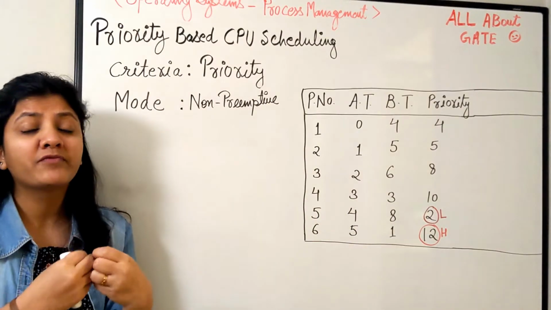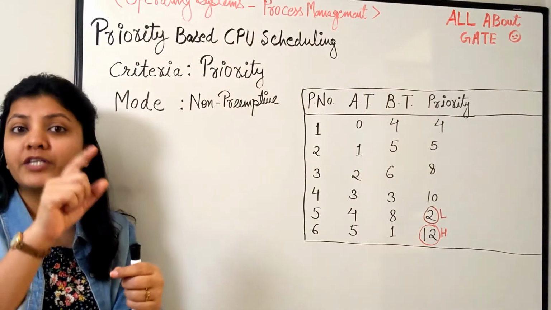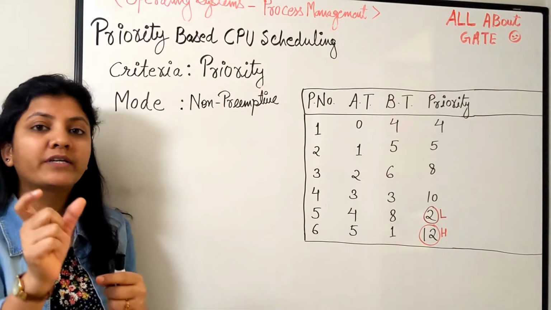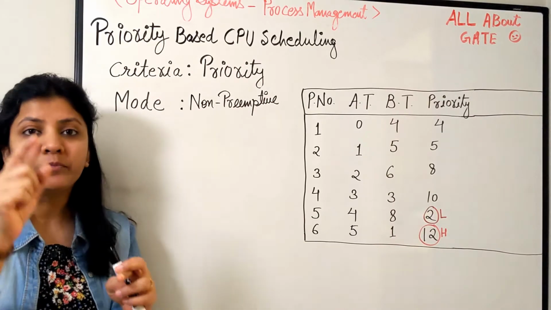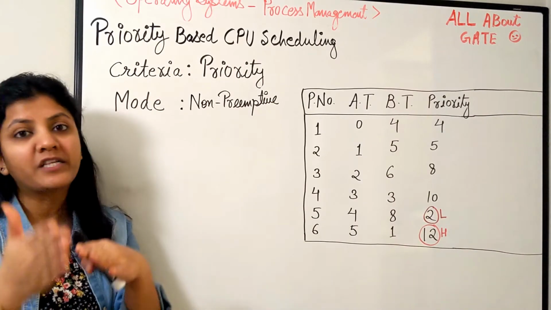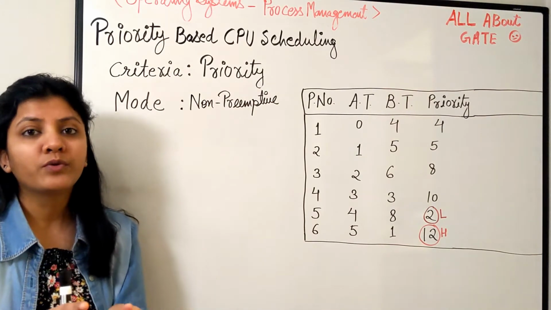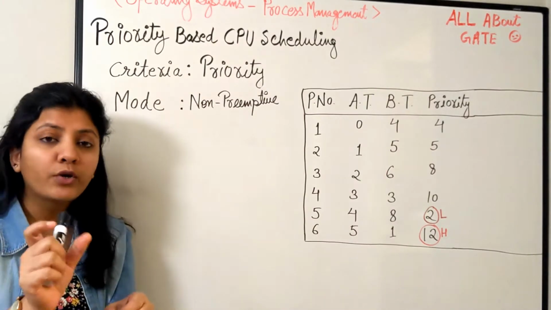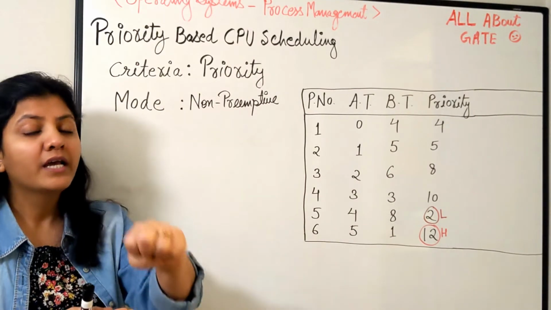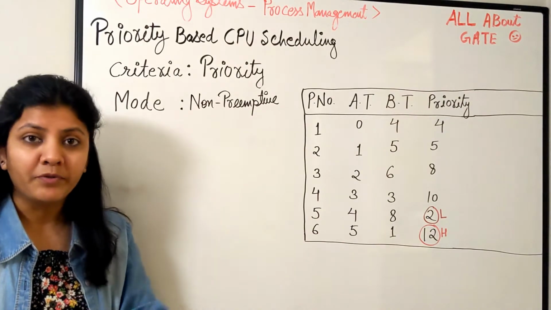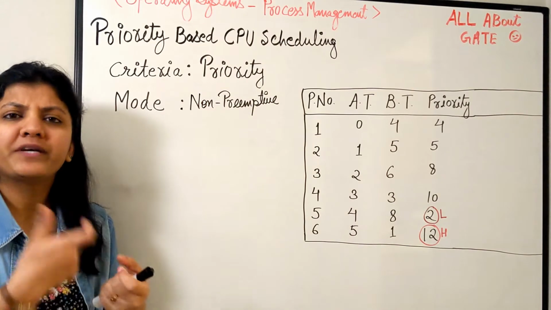If you remember the process control block, where we maintain the information about each process, we have one more term, that is priority. So we insert the value of priority in the PCB. Each process's priority is available in the PCB, where the CPU scheduler or the short-term scheduler will look at the value and accordingly select the process to run next on the CPU. So here the criteria is nothing but the priority, which is going to be a number.